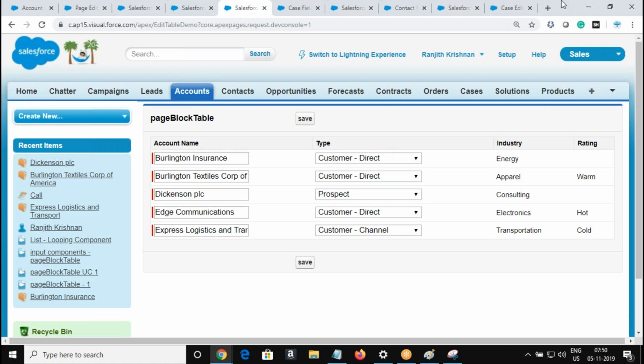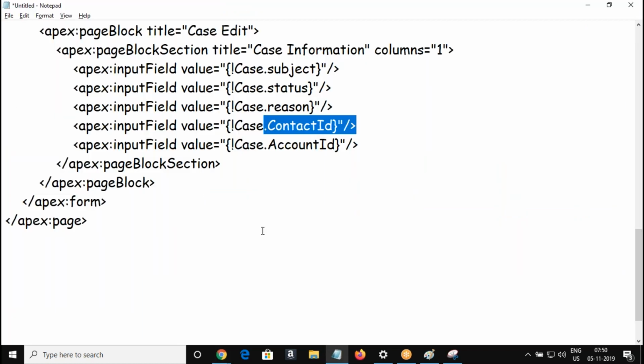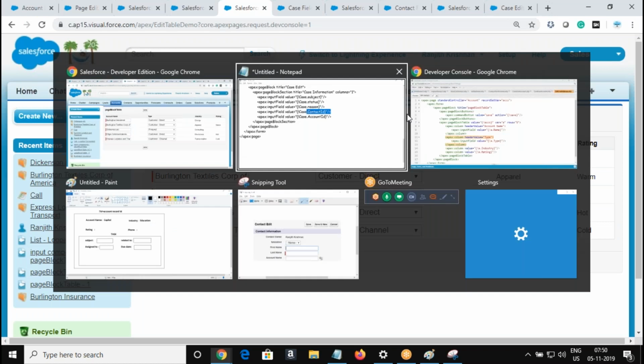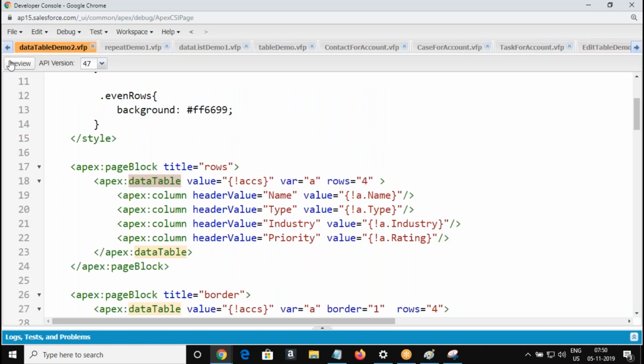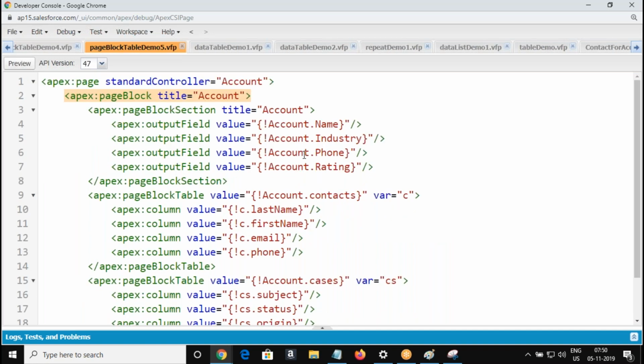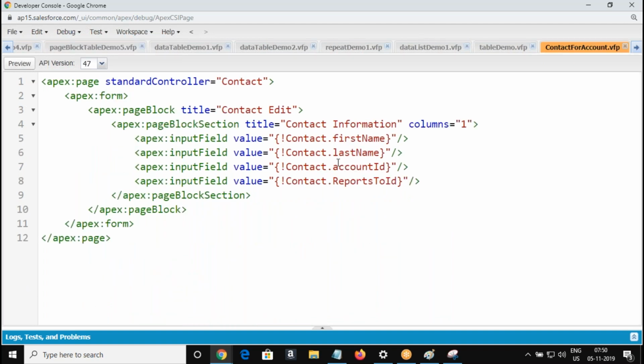You got the understanding of what is the naming convention we'll follow to refer the lookup field. What is the naming convention we follow to refer the child object, right? When you refer the child object, we are going with the plural name. Child object data for a parent, we are going with the plural name as we discussed in your page block table demos, right? Contacts, cases. When you're referring a lookup field in your UI, then you are going with the field name suffixed with ID. Okay.